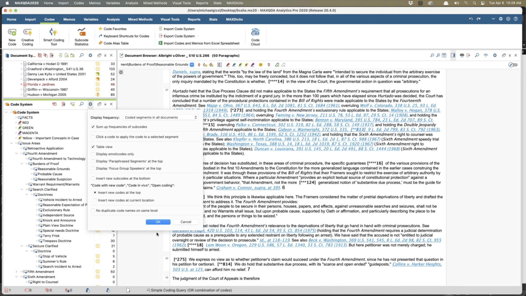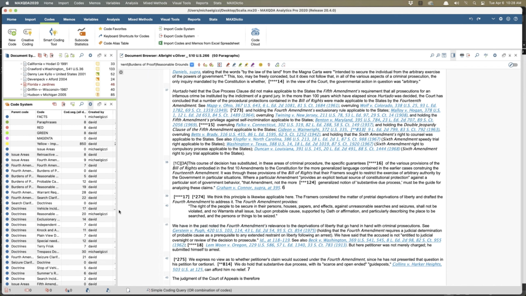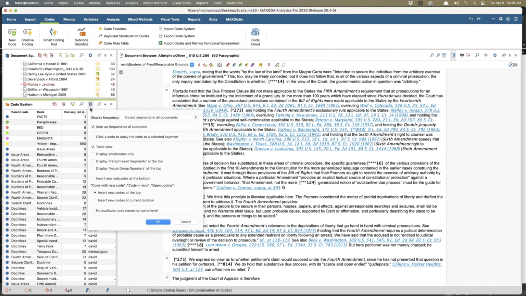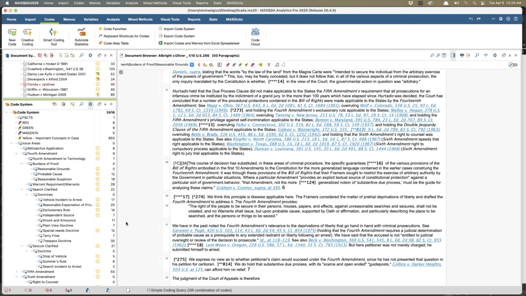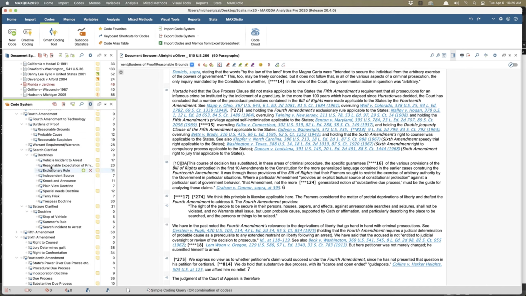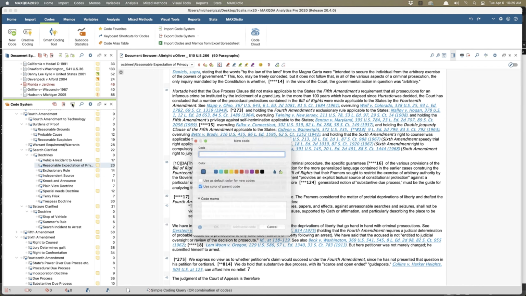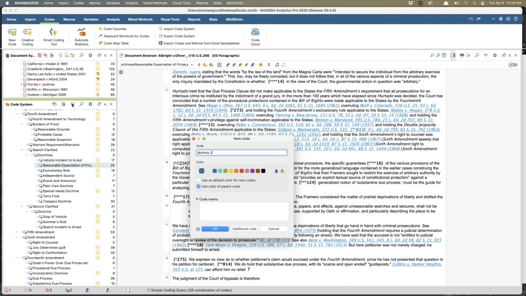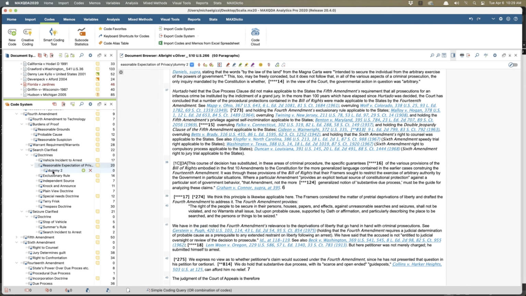Preferences, table view. What's that do for us? It gives us the code system as a table. I don't prefer it that way. You can limit it to display emotive codes only, put paraphrase segments at the top, and focus group speakers at the top. Where you insert new codes: do you put them at the current location or at the top? So for example, I'll say at current location. So I'm here, I create a new code. It puts it there by default.